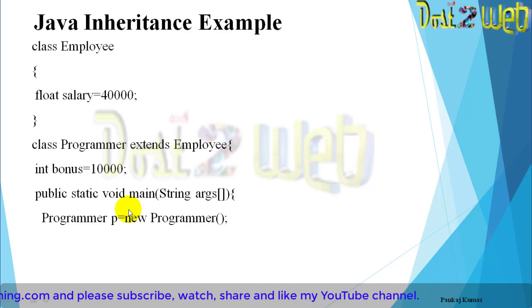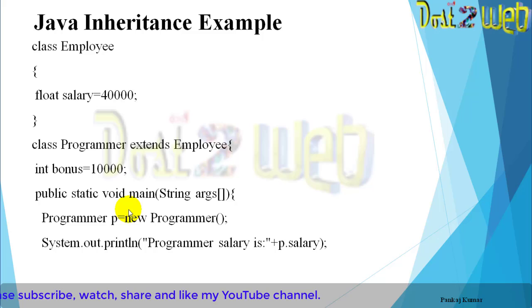So it will create an object. Now what are you going to do? We are going to access the value which is available in the other class. So System.out.println, the printing method, "Programmer's salary is",